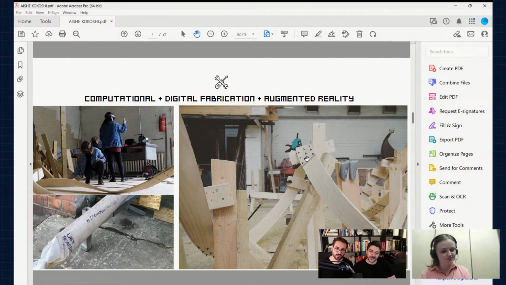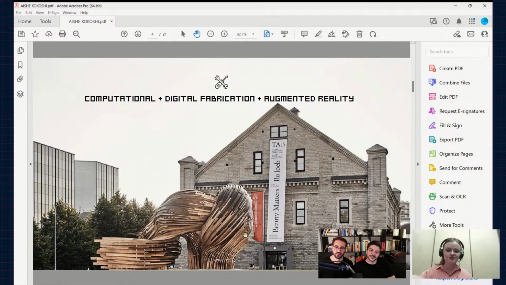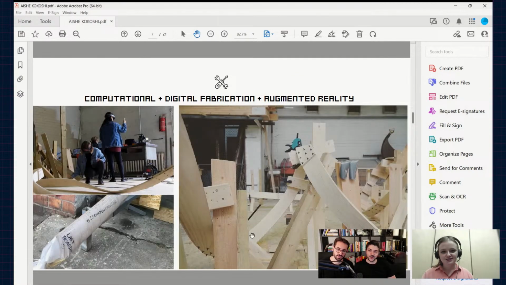And not only this. After this, we had to take it on site and test it in the real model, because we did it in four parts. If it wasn't matching, we had to redo some of the steel brackets, or redo a piece. But yeah, that's how it works. So you build it in the workshop and then you bring it on site. Exactly.